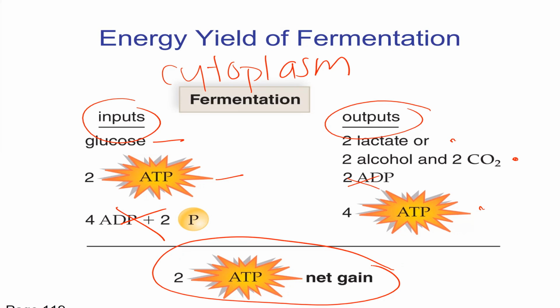Well, fermentation is the end of the line, okay? It does not go on to the electron transport chain. It doesn't go on to the other stages. Glycolysis is going to go on. So this is the very end of the stage for fermentation, whereas through glycolysis with aerobic respiration, you do get to go on and you do get to create those 36 to 38 ATP. It doesn't just stop here for glycolysis like it does